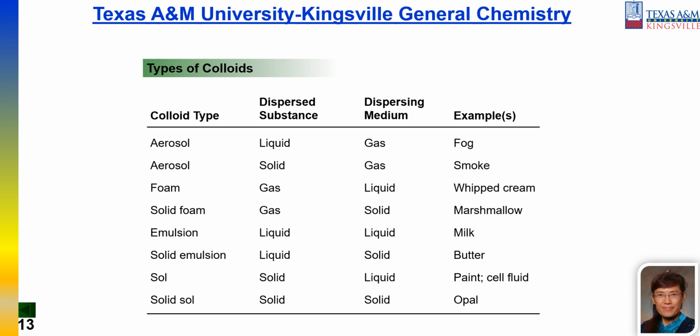If you have a non-strong electrolyte, this is something else. Last class, I believe we already discussed these different colloids. You have aerosol, 2 types of aerosol. One is a liquid dispersed in gas, another one is a solid dispersed in gas. You also have 2 types of foams. You have 2 types of emulsion and 2 different sols. I will ask our students to recall these